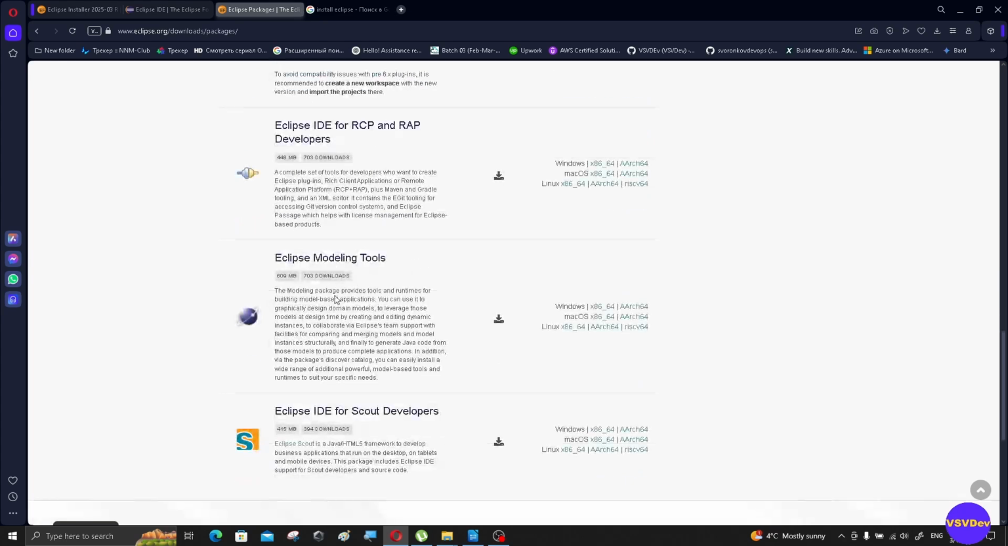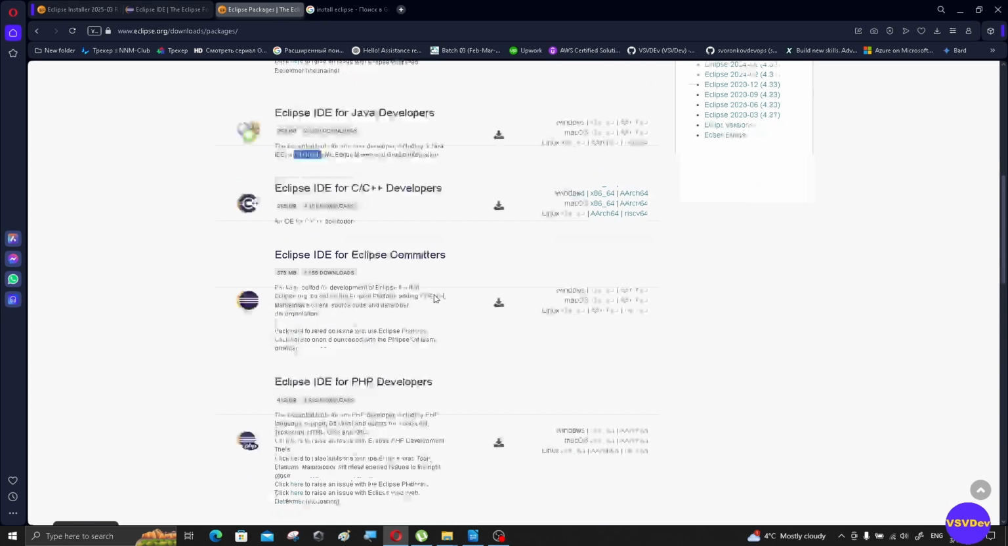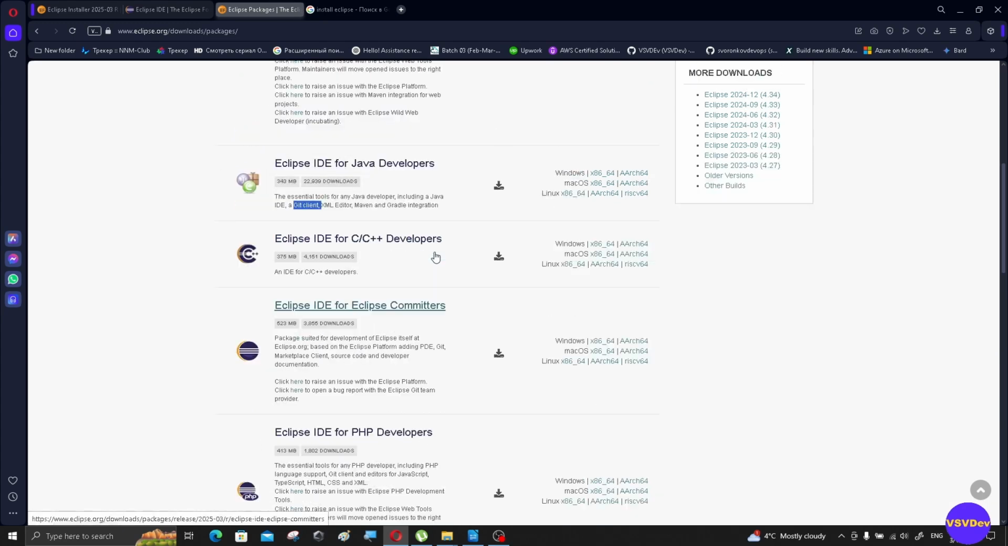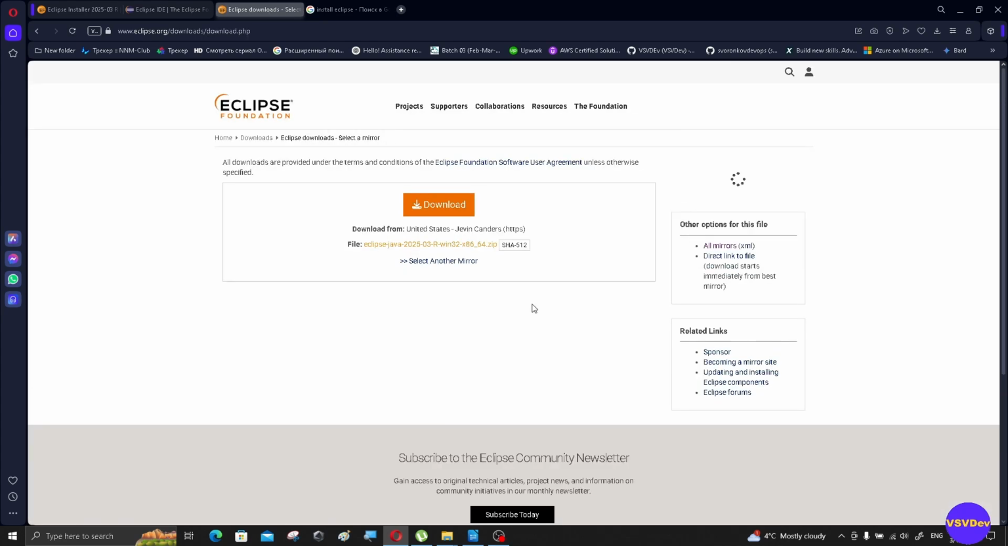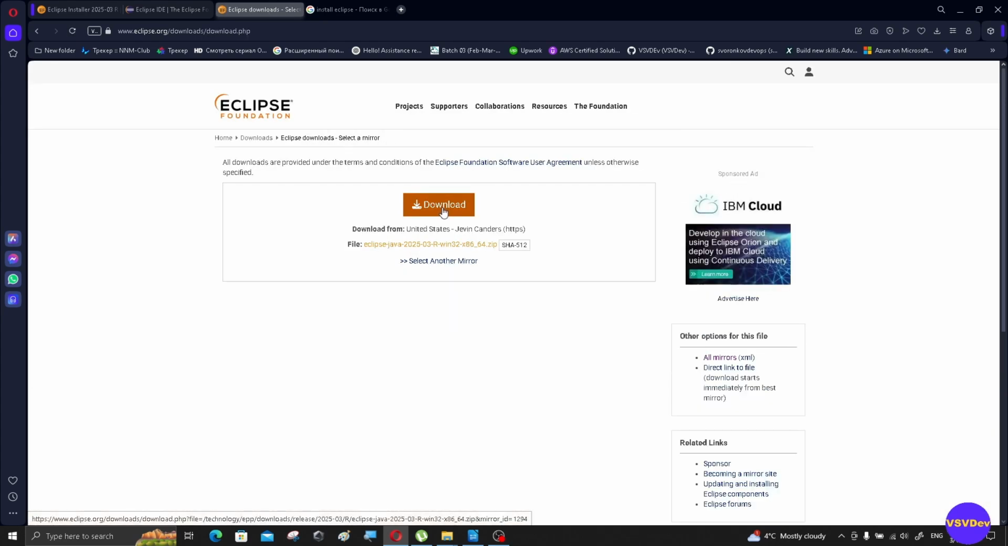DSL, for C, C++, Eclipse code developers, and for PHP developers, for committers, different versions. So these are the packages which we can download and run this application. For Windows, we need to select the CPU type and